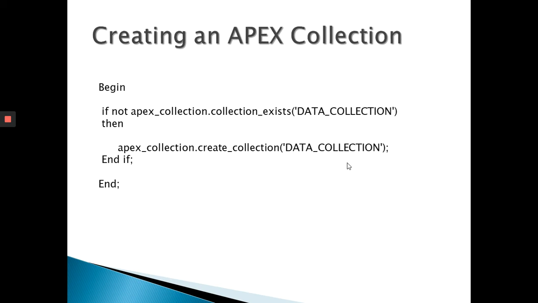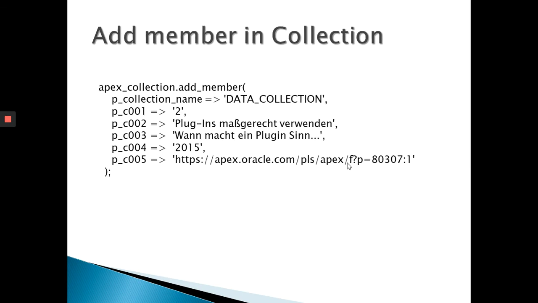Its name is COLLECTION_EXISTS. So I need to run this API first on that collection name, and if that collection does not exist, then I will execute CREATE_COLLECTION. So in a simple if condition, I'm going to check first, and then if everything is fine, I'm going to create using CREATE_COLLECTION like this. So this is the command for creating a collection.